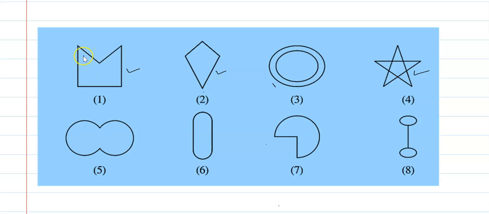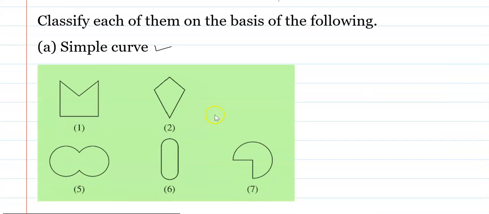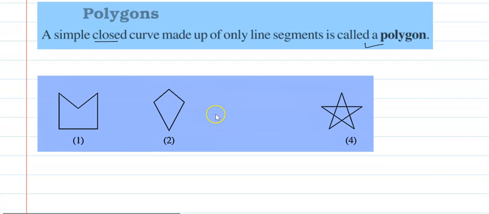What about here? This is a polygon. If we join two points and all the points on the segment do not lie inside, therefore it is not convex. This is also the same: if we take any 2 points and join them, all the points do not lie inside. Some part lies in the exterior, therefore it is not a convex polygon. Only figure 2 is a convex polygon. Next,